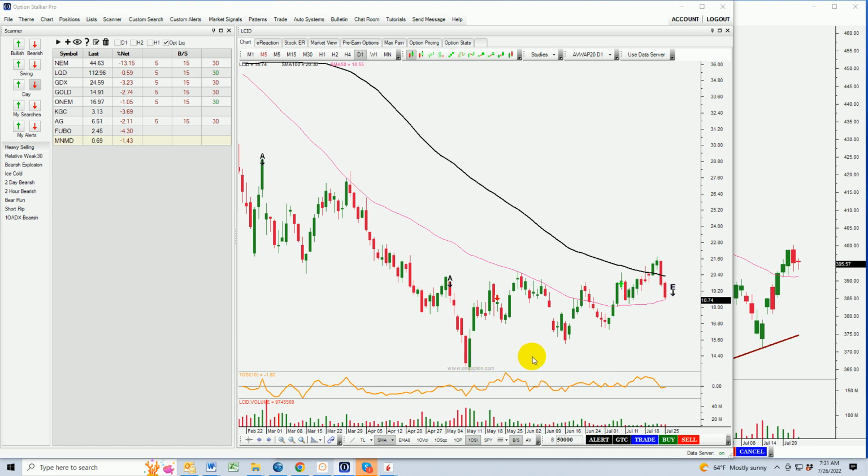LCID I like because we've got this upward sloping trend line here that is going to be breached on the downside if it takes out that 50-day moving average. You can also see that we had a horizontal breakout. There's your horizontal resistance, breakout above the 100-day moving average. Wham! Right back below the 100-day moving average, and now that is a failed breakout, and we see some momentum